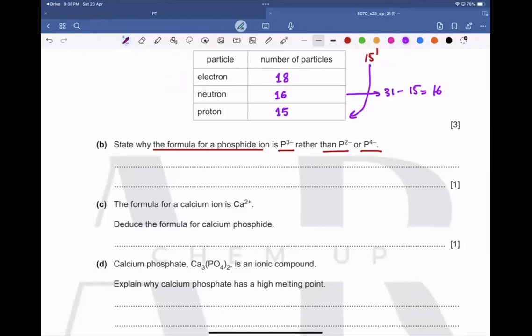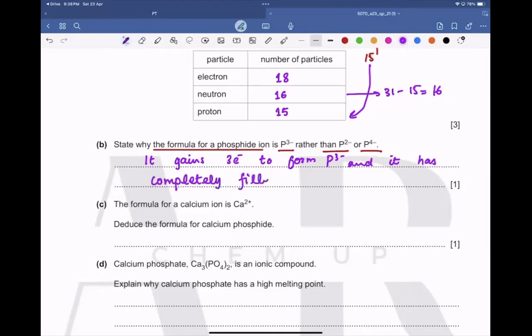So it gains 3 electrons to form P3 negative, and it has a completely filled valence shell when it's